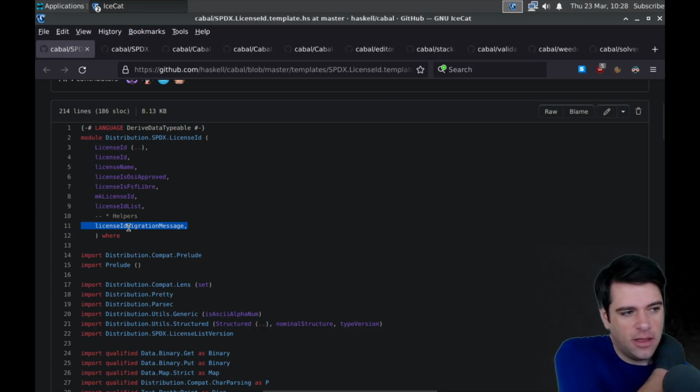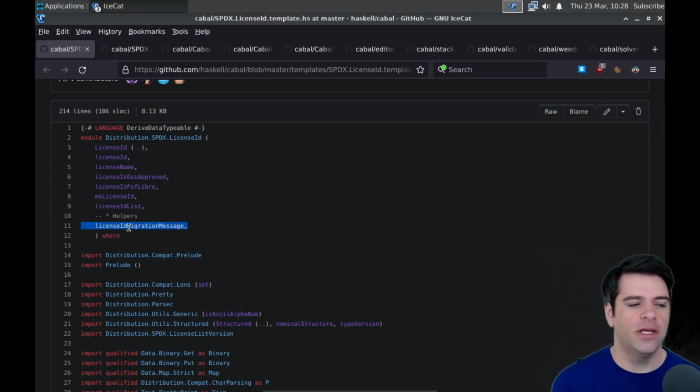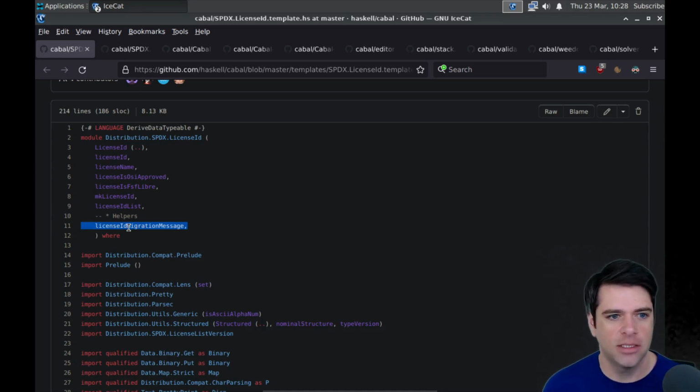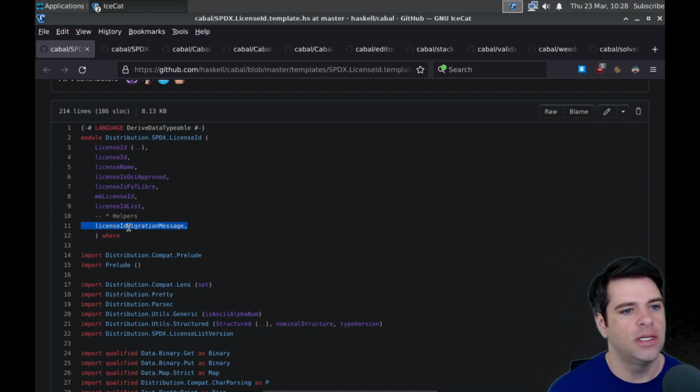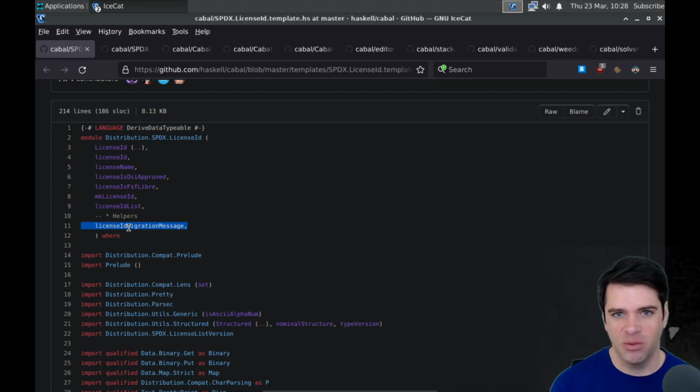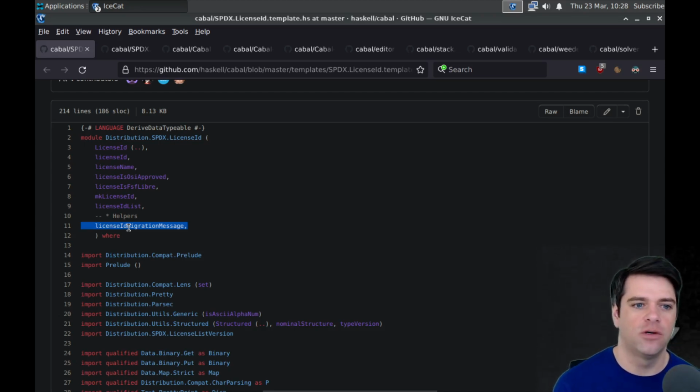So let's try to think about what it's going to do. Presumably, I don't think it has a way of computing from the license text whether something is, let's say, FSF Libre or OSI approved. Presumably, it somehow got a list of approved or Libre licenses, and it's going to just match whatever license we have with that.